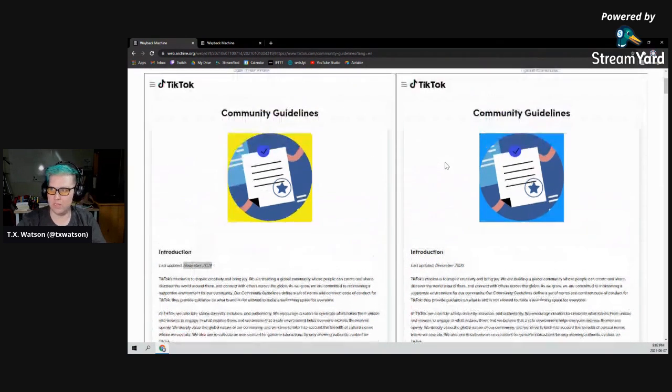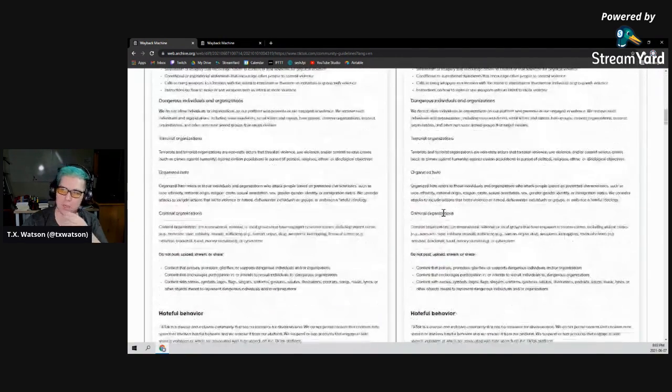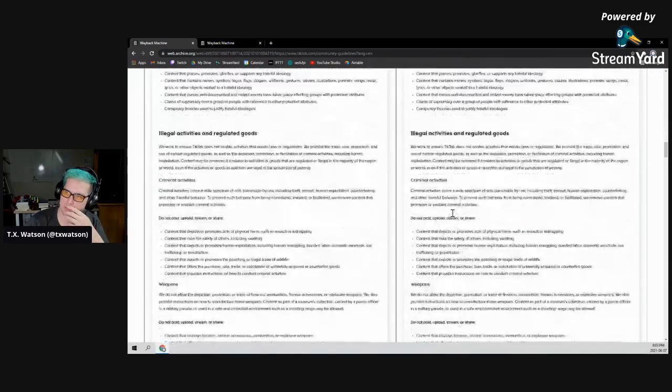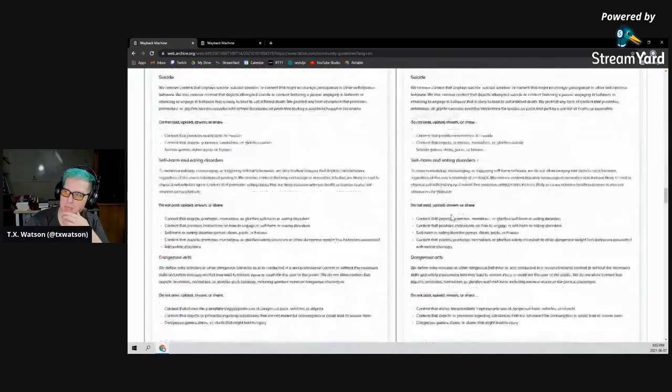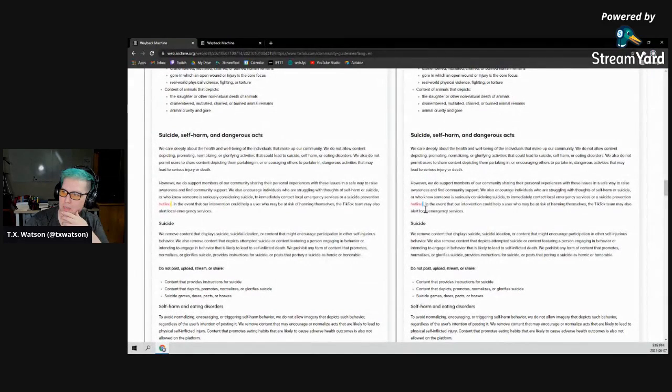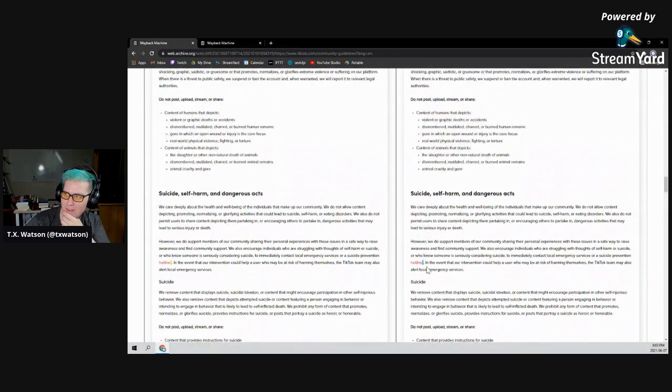And remember what I said about how they clearly deleted and then replaced this image, or maybe just changed the URL where the image is hosted. The image shows up as different in these two, even though it's the same art. But let's go through real quick and see what, if anything, has changed between these two documents from December to June. And it's the same, and it's the same. Oh, it looks like they deleted and then replaced an erroneous space right there.